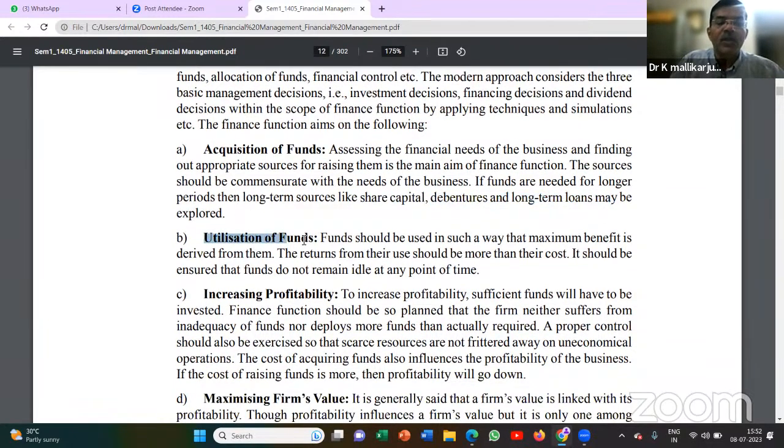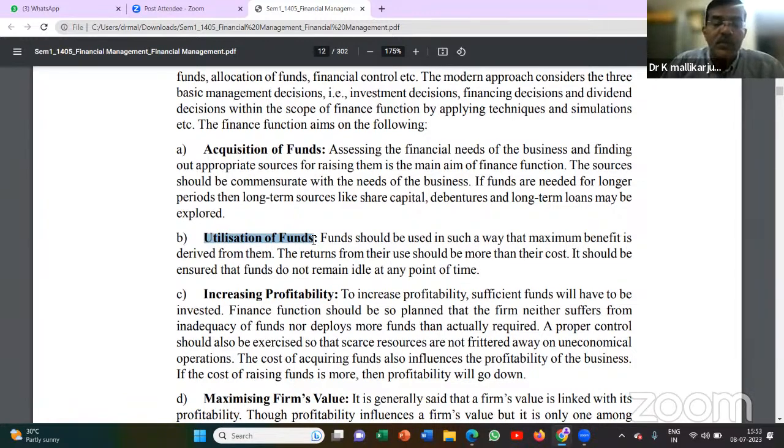And the second one is utilization of funds. How best can the firm utilize the funds, right? How best can the company utilize the funds after receiving them. On one hand, we receive the fund, how best to use it, right? The company has to take appropriate decisions. Every decision has to increase the company's revenues. If the sales are increased, at the same time, the firm can focus on the costs